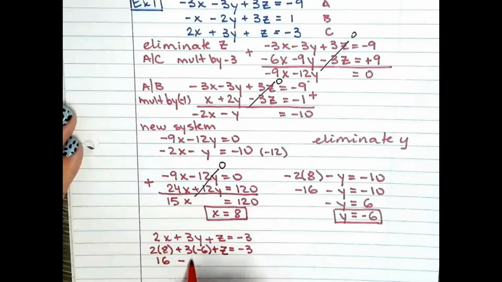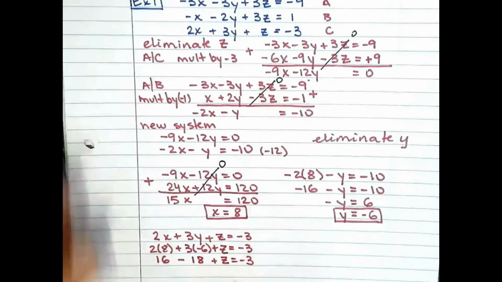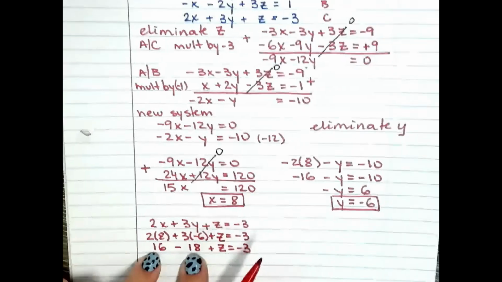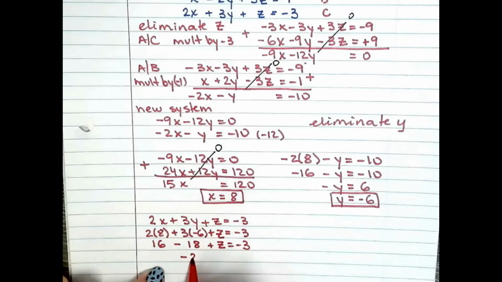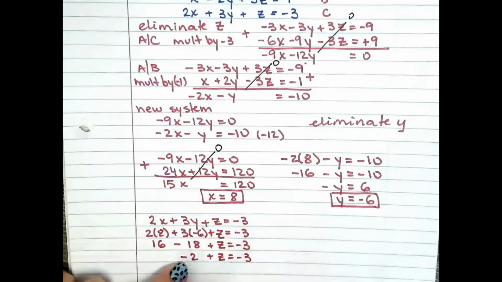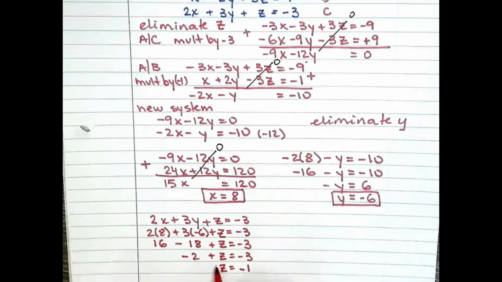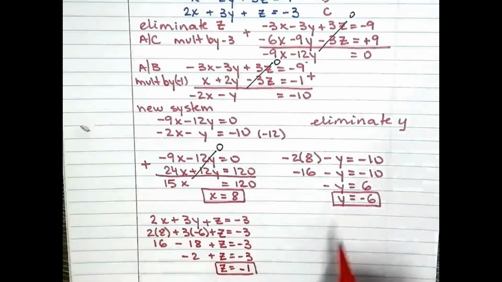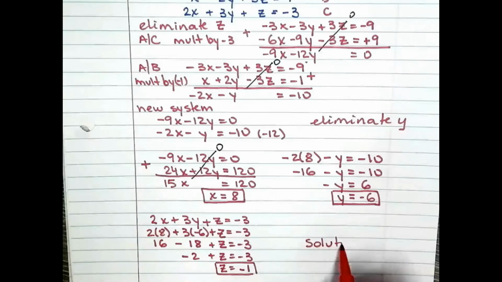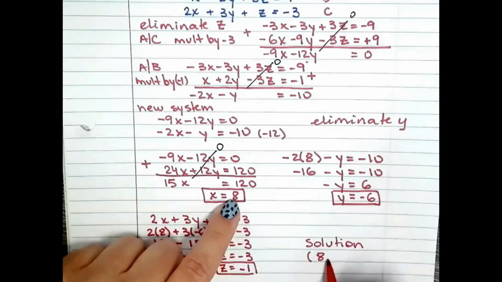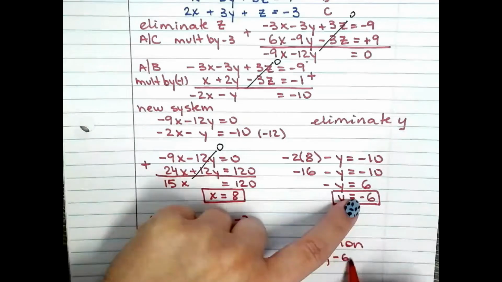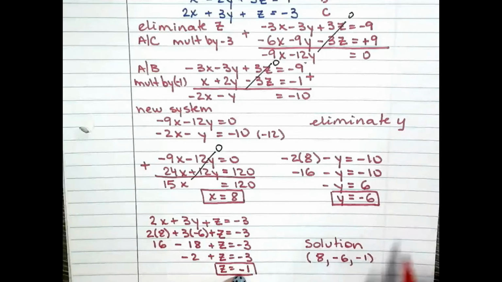Multiply. Here I have -2. Add 2 to both sides. So z is -1. Okay, now your solution